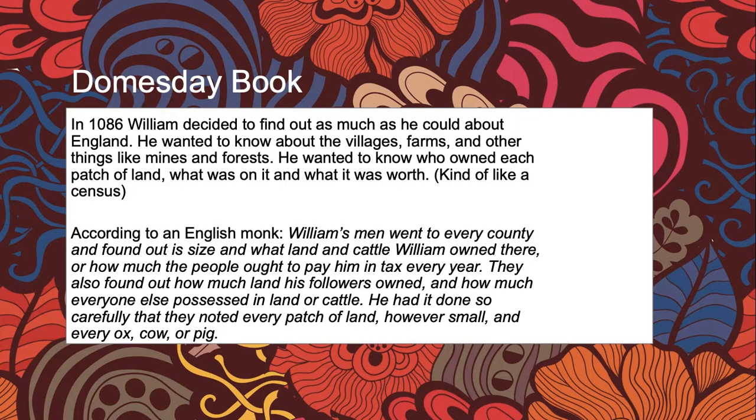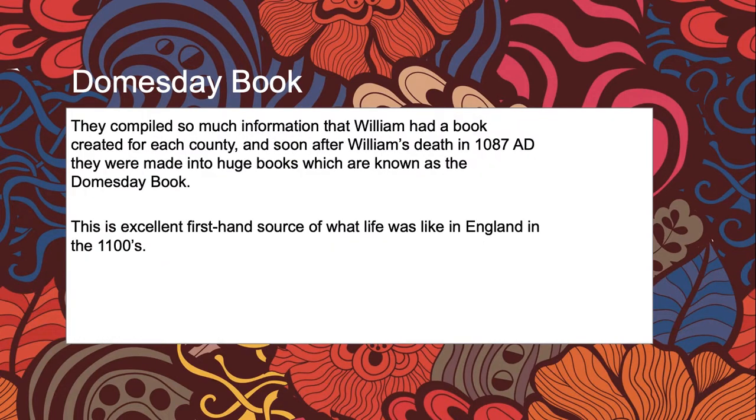They also found out how much land his followers owned and how much everyone else possessed in land or cattle. He had done it so carefully that they noted every patch of land, however small, and every ox, cow, or pig. They compiled so much information that William had a book created for each county, and soon after William's death in 1087 AD, they were made into huge books which are known as the Domesday Book. This is an excellent first-hand source of what life was like in England in the 1100s, as well as the